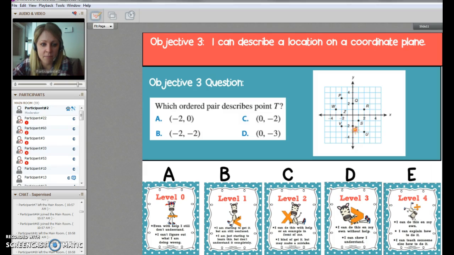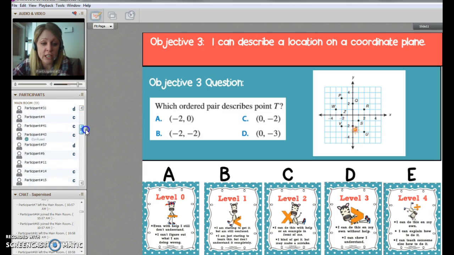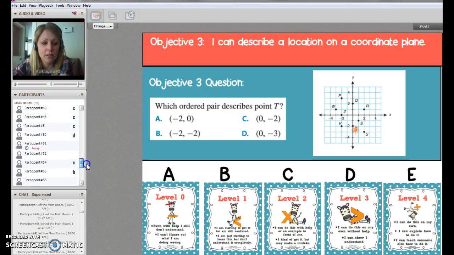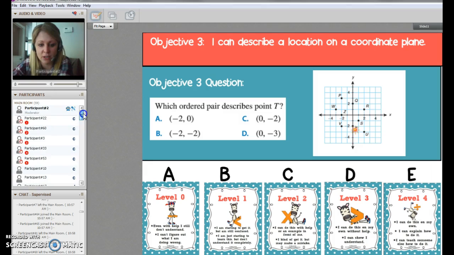Thank you, Tabitha. See, I'm not having to send Lucas. I need an answer from you, Lucas. I don't want to send you back to the Think About It room. Just A, B, C, or D. Whatever you think it is. Okay, we'll have to send someone there. Okay, let me keep going.